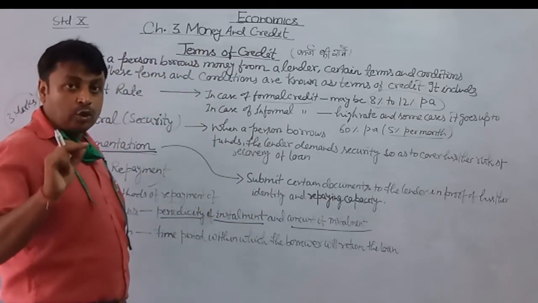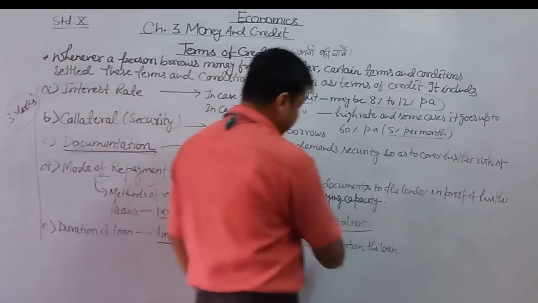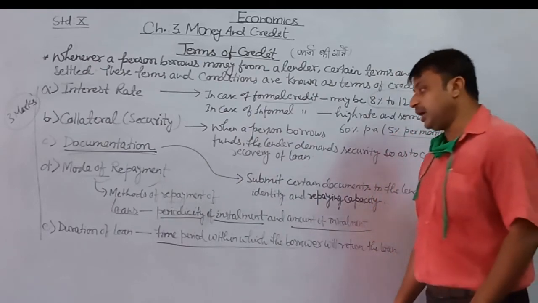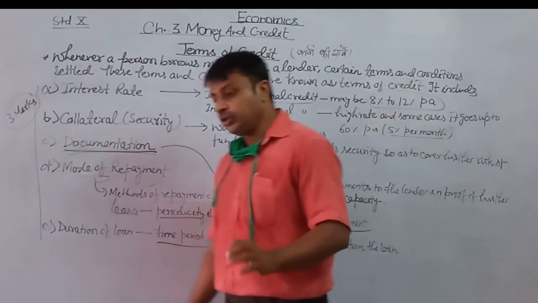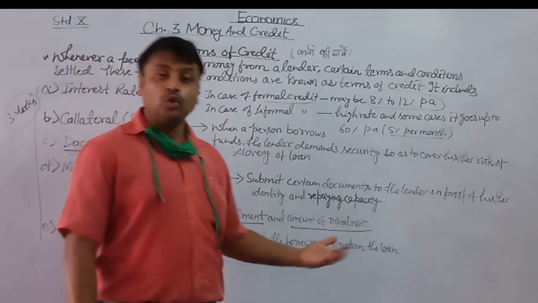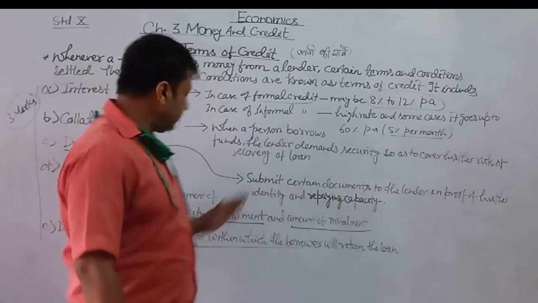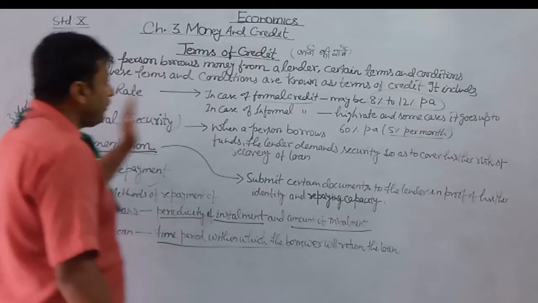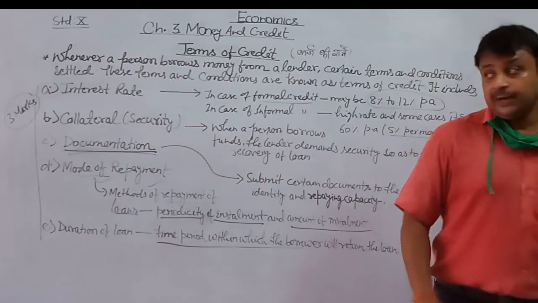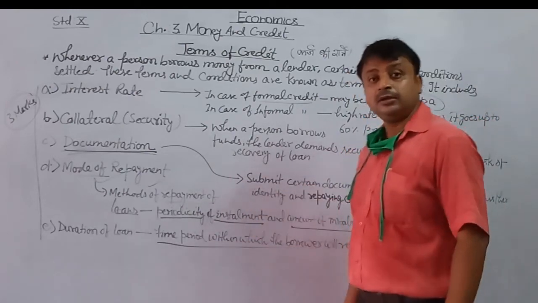वो जो भुगतान किया जाएगा पार्ट पेमेंट इन टुकड़ों में, वो कितना अमाउंट। और लास्ट है ड्यूरेशन ऑफ लोन, कितने समय के लिए लोन लिया जा रहा है, यानी कि इस समय की पूरी होने की अवधि तक मनी शुड बी रिटर्न, जो लोन अमाउंट है वो चुकता हो जाना चाहिए। तो दीज आर द 5 basic things comprising the terms of credit and these are very much important।